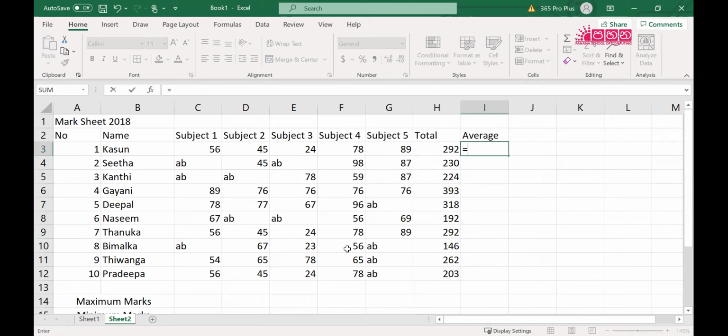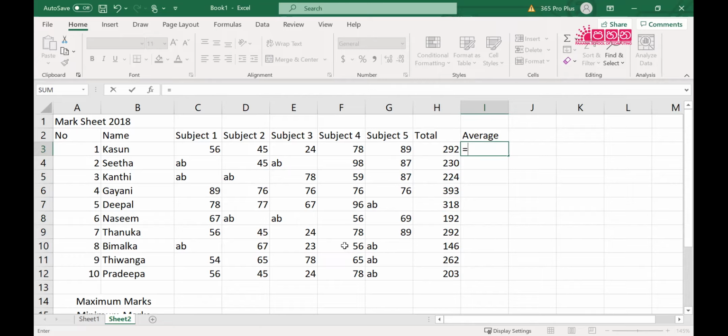Then Dhananjay, can you tell me the function I have to use for finding the average value? Yes, Dhananjay. Equal, total by 5. Or you can simply say average, or you can say sum and divide by the number.